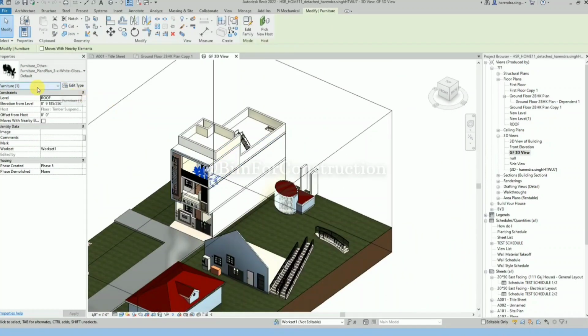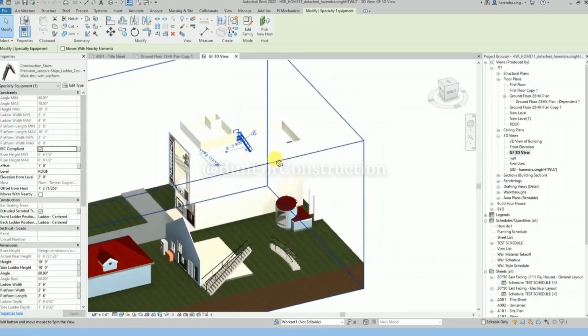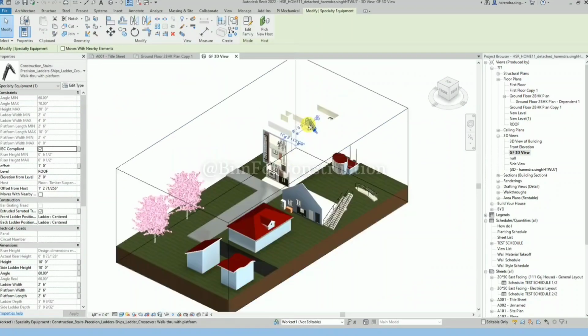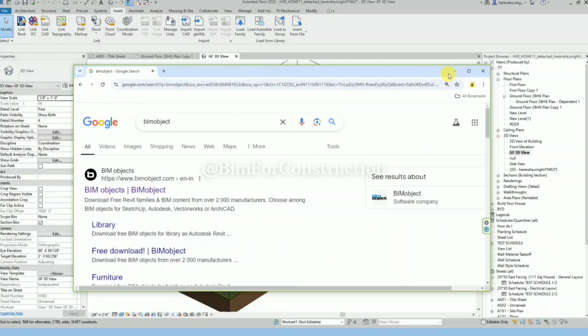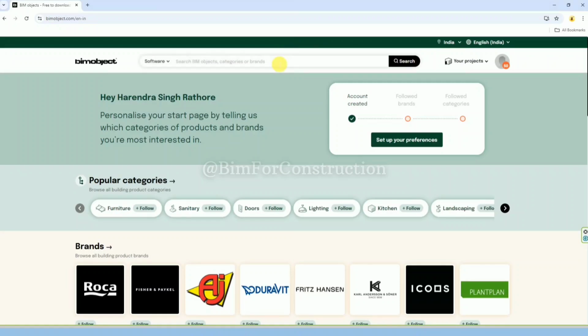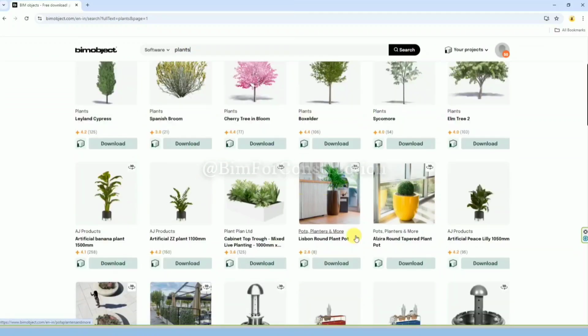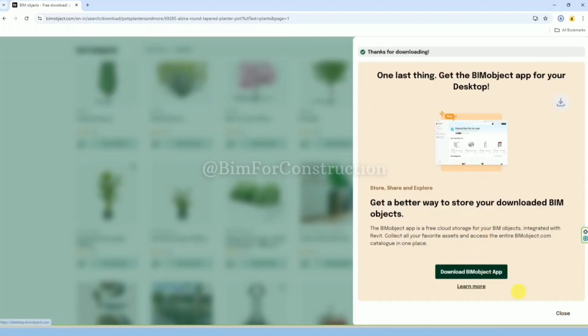Like here you can see the plant and stairs families, which I loaded from my desktop folder into my current Revit project. You can create those families, and there are also some websites from where you can download these families for free. Like BIMobject is one of the major platforms which is free,